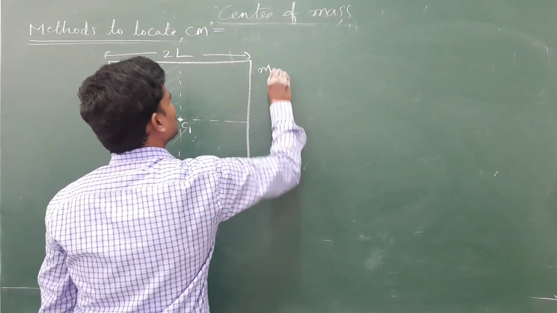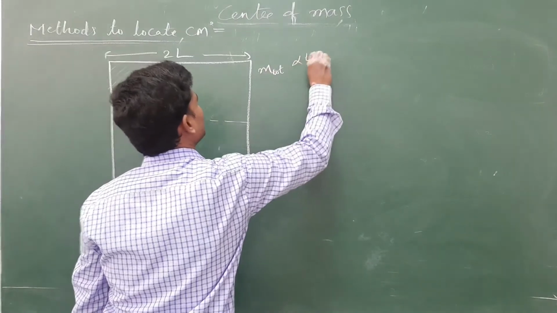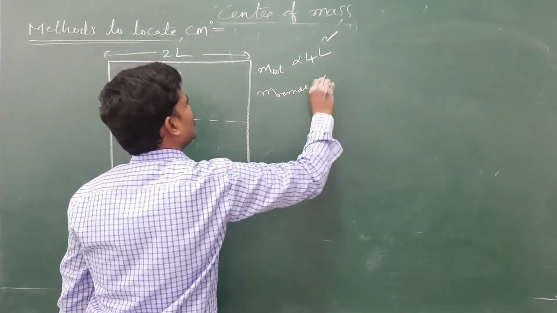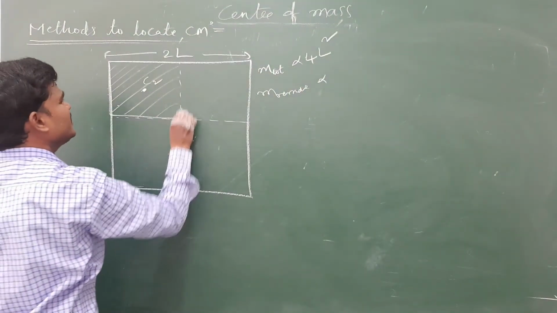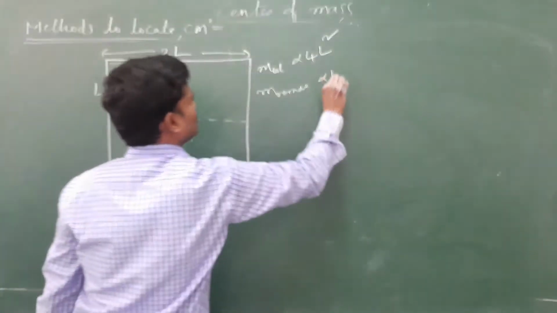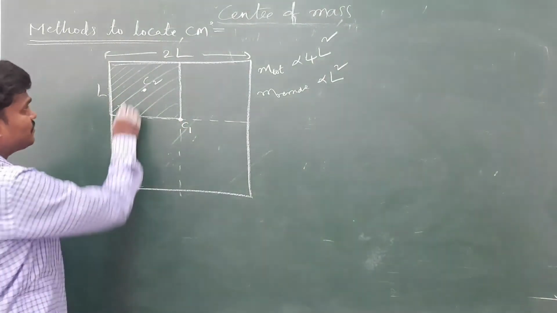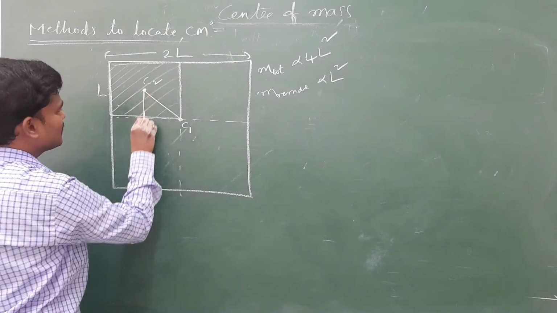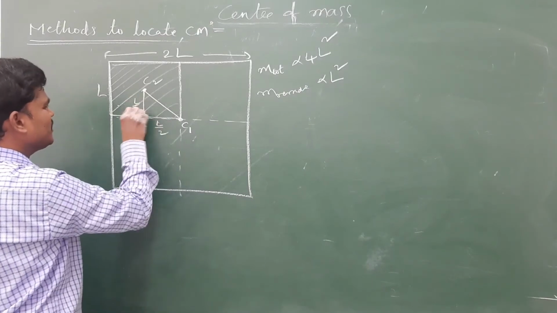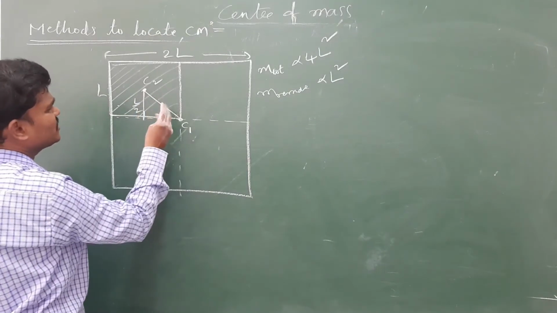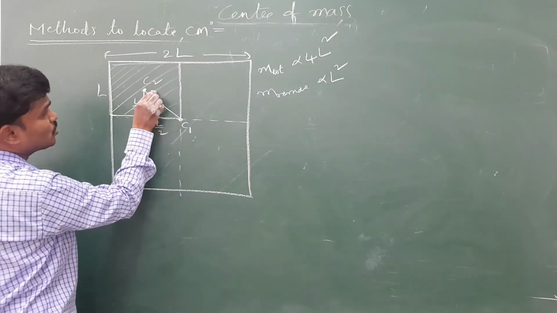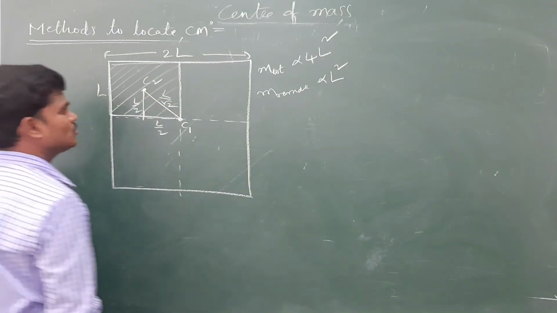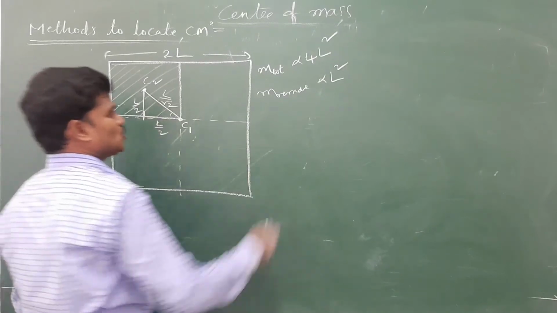Total mass here is proportional to area. Area is nothing but 2L whole square, 4L square. Removed side is this side, L. So L into L, L square. This part only L. Okay. Distance between these two centers: see, this is L by 2 and this is L by 2. Use the geometry. No doubt this is root 2 L by 2, L by root 2. Apply the diagrams there. So distance is how much?